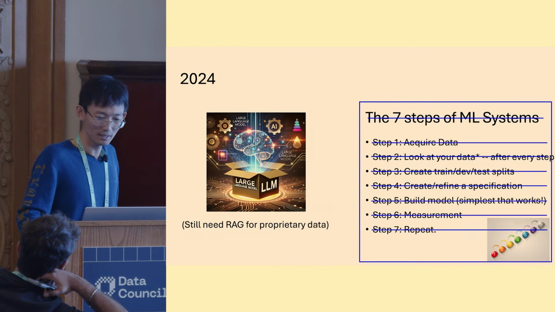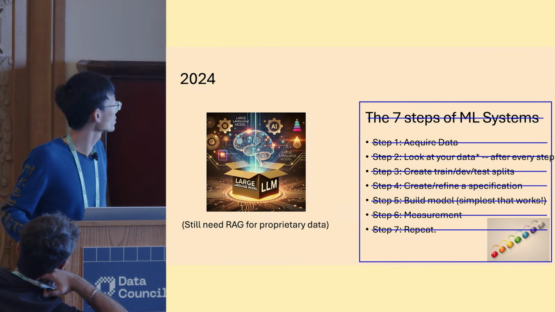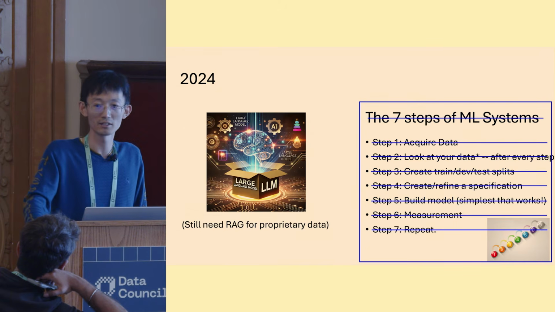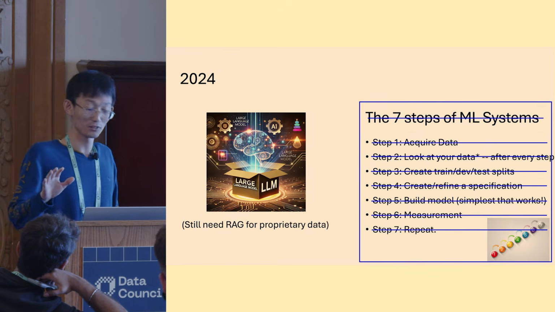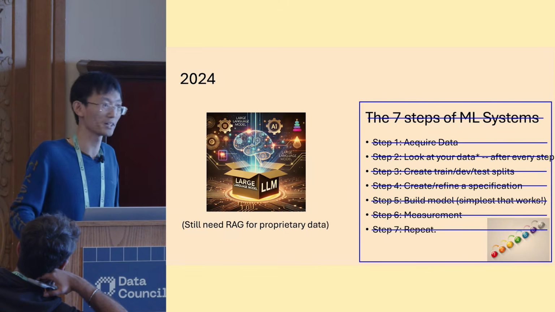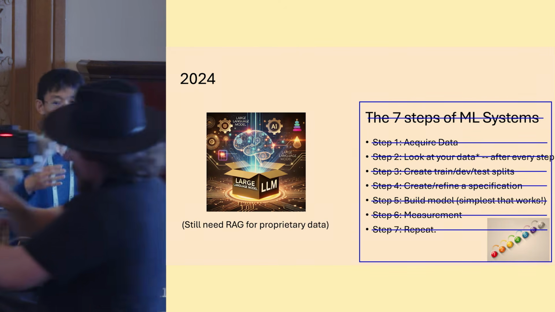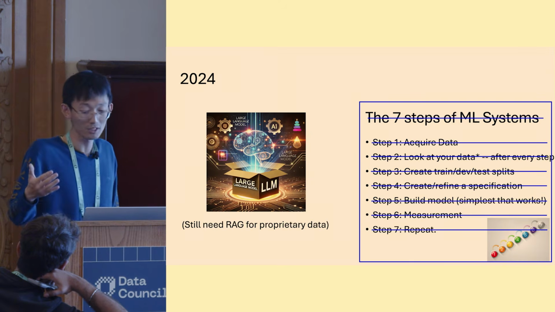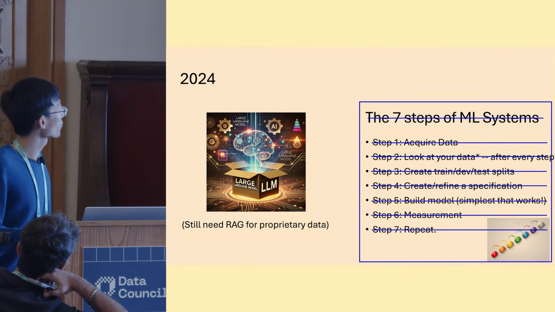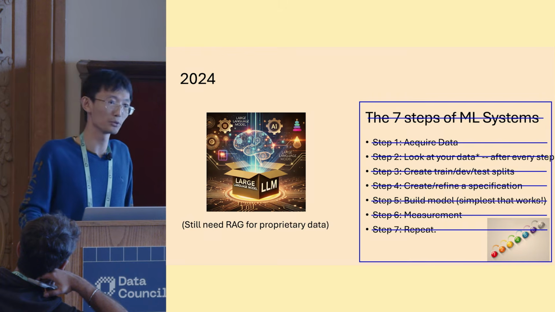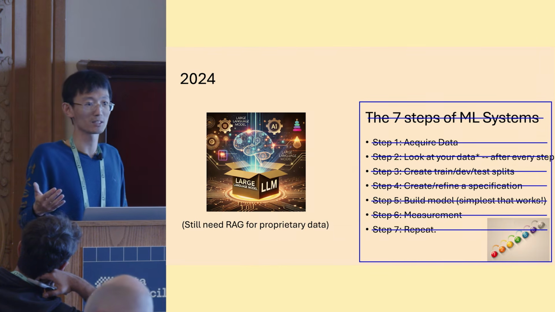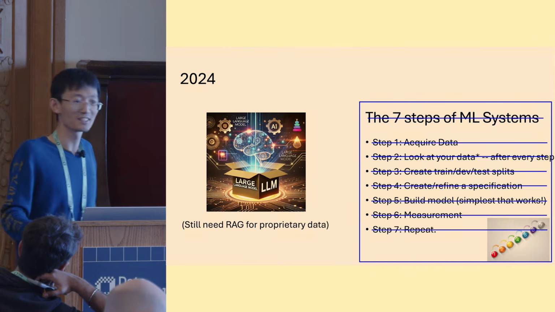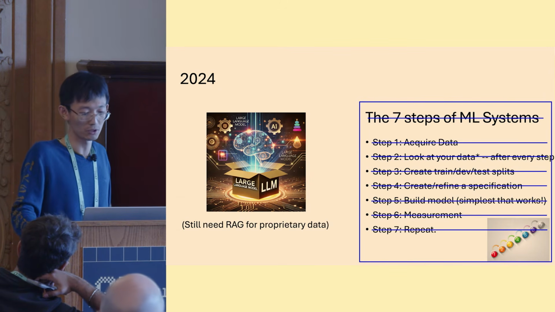These days, in 2024, 2025, you probably should just use a large language model out of the box without doing any of this as a user of the models. All of these steps are still what we are doing at Voyage, or what people are doing at OpenAI, Anthropic, xAI, and so forth. When you are training the model, you still have to go through all of these steps, even more steps in some sense. But from a user perspective, you pretty much only need to treat the large language model as a black box. The only thing you have to customize is to add more prompts to instruct the large language model to do something special for you.